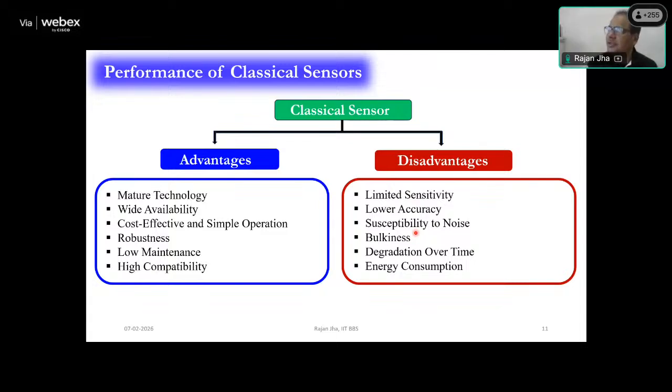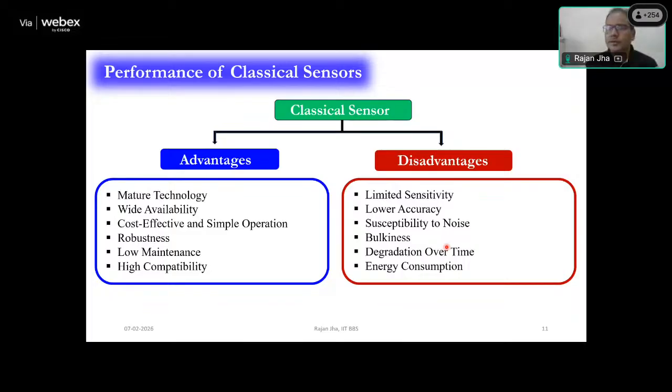These sensors are big in size, so if you have to operate them, you have to carry them from one place to another. It is not easy to carry them at a time. It is not like you can keep them in your pocket and move around, especially when we are talking about industrial systems. They require a lot of energy. People are always trying to make energy efficient systems, but they do require it because the system is big,